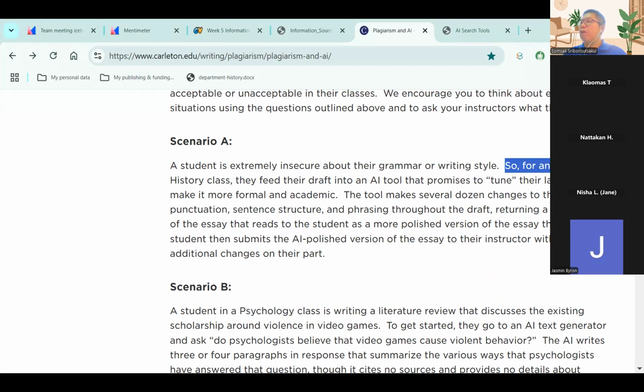So, for an essay in their history class, they feed the draft into an AI tool that promises to tune their language to make it more formal and academic. The tool makes several dozen changes to the punctuation, sentence structure, and phrasing throughout the draft,